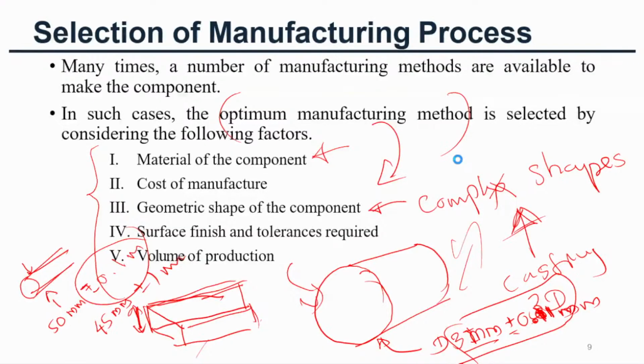Please remember. Then number 5, volume of production. So what is this? What does volume of production mean? This is explaining the total number of products. Okay. So actually high volume production may